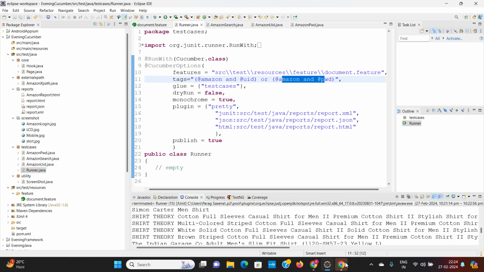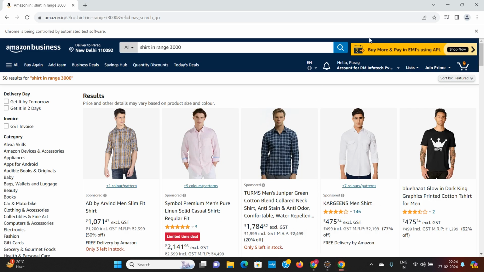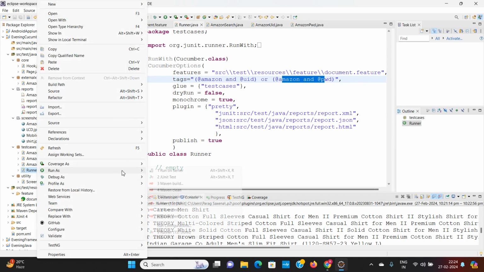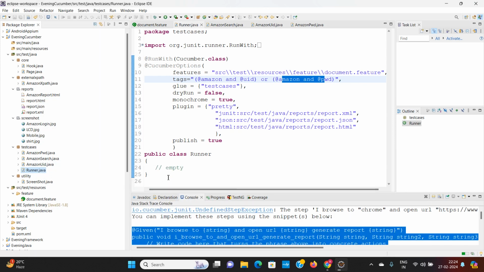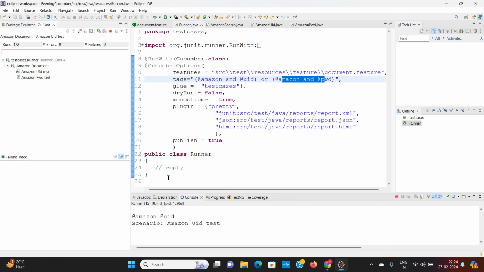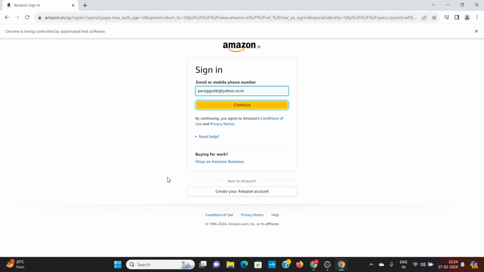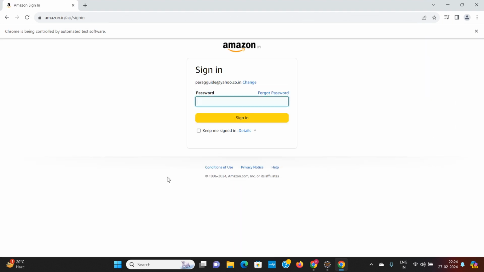Okay. So this is all. Basically, you can try this example and you can practice as per your need. The objective of today's class was how to pass multiple data to the test method, what is the meaning of these tags, and how we can run the tags by using and or.